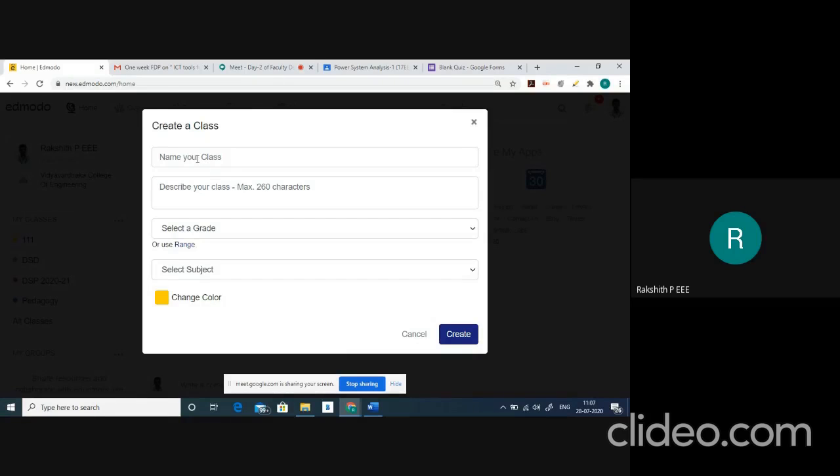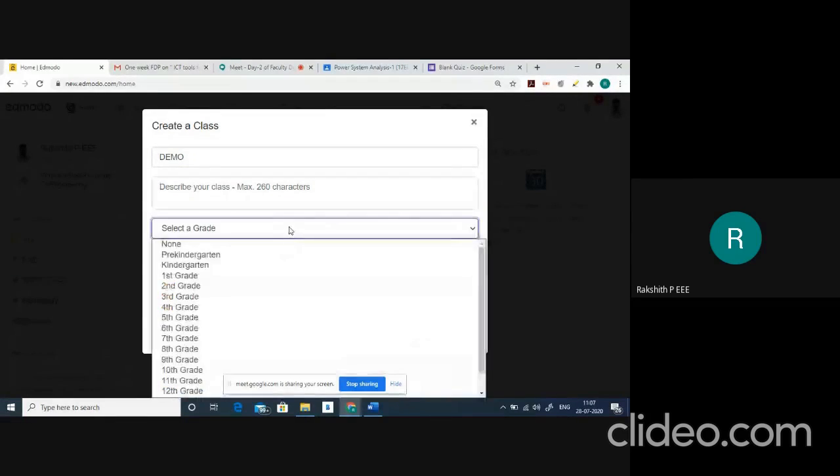Under this, you need to fill certain parameters. That is, the first thing is we need to enter the name of the class. I'll enter here the name of the class, that is demo. For the purpose of demo, I'll use this. And you can describe your class and select the grade, that is to which class of students you are teaching.